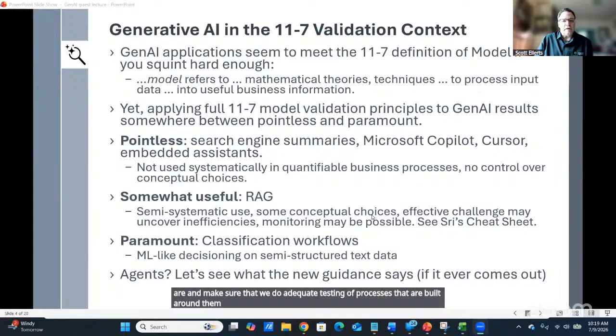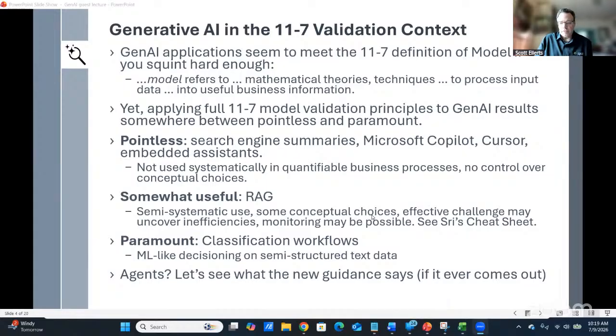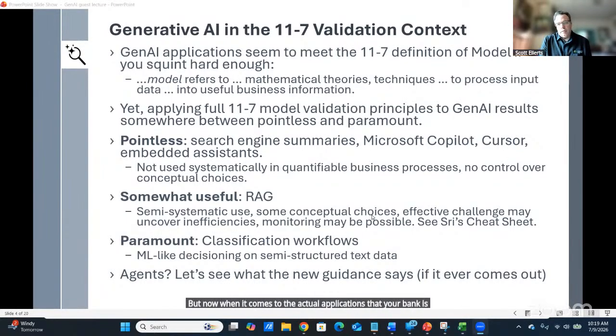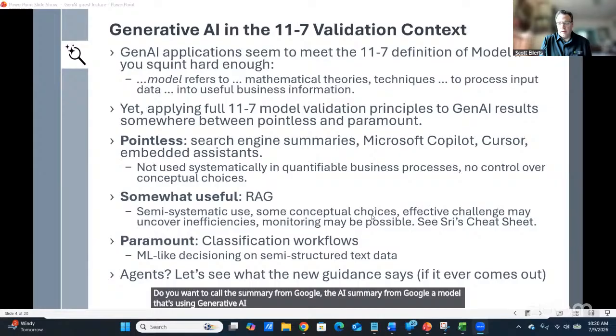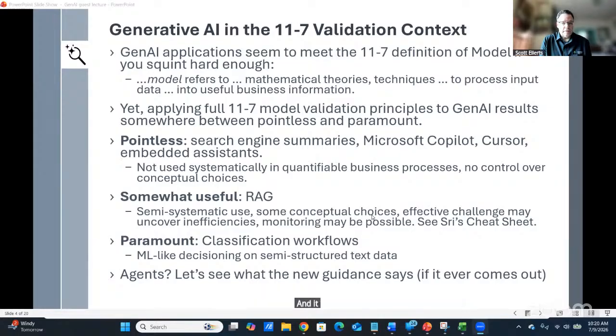But now when it comes to the actual applications that your bank is using, do you want to call Copilot a model? Do you want to call the AI summary from Google a model? That's using generative AI, and it is not always accurate. In fact, last month I asked, when is the next unemployment report?